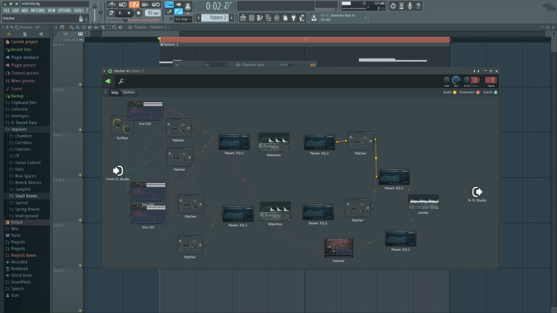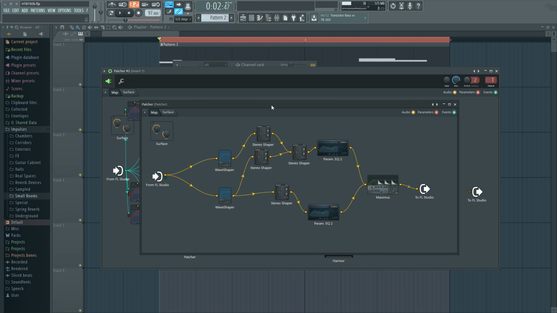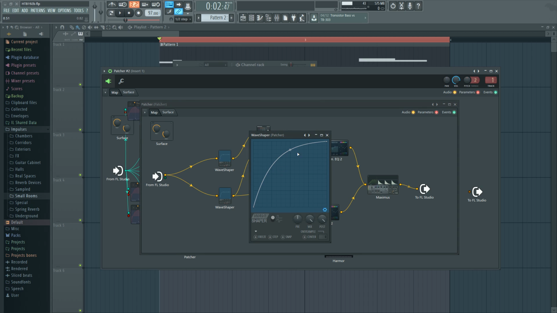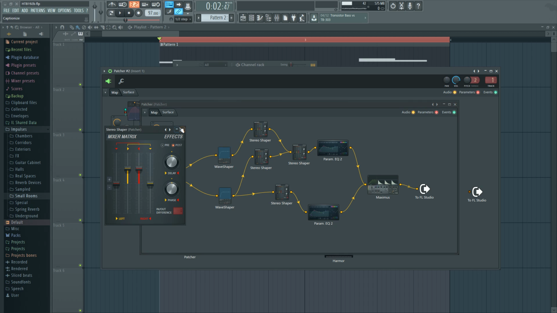So this patcher that's happening, this EQ is before what's going on here. This whole patcher, and get rid of this other guy, is actually a fun trick that I learned from a guy in the EDM production subreddit IRC chat. What this is, is that I'm distorting it, but it's pretty basic distortion. But I'm using the stereo shaper to phase cancel it against an instance of the dry signal,